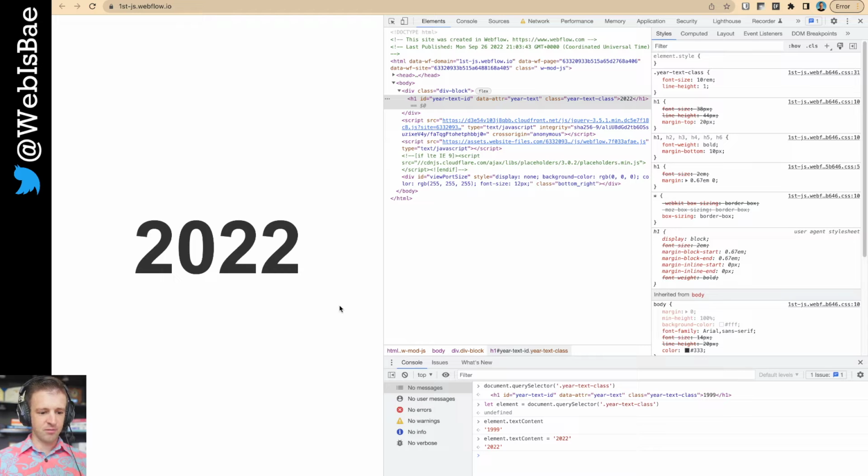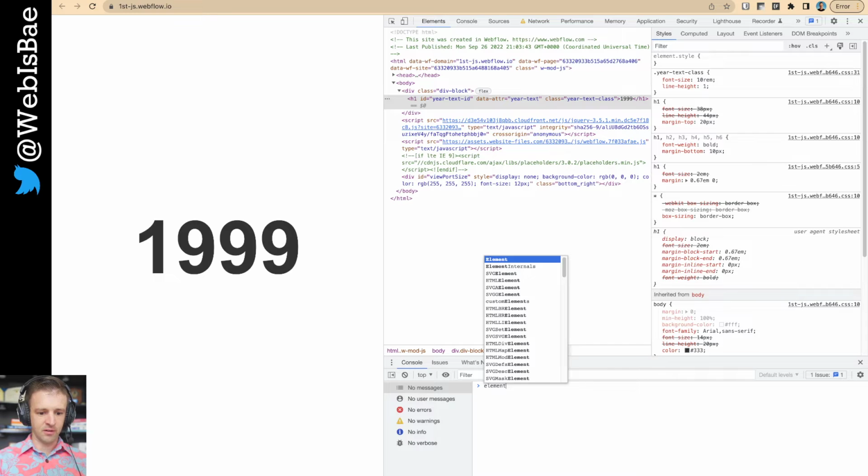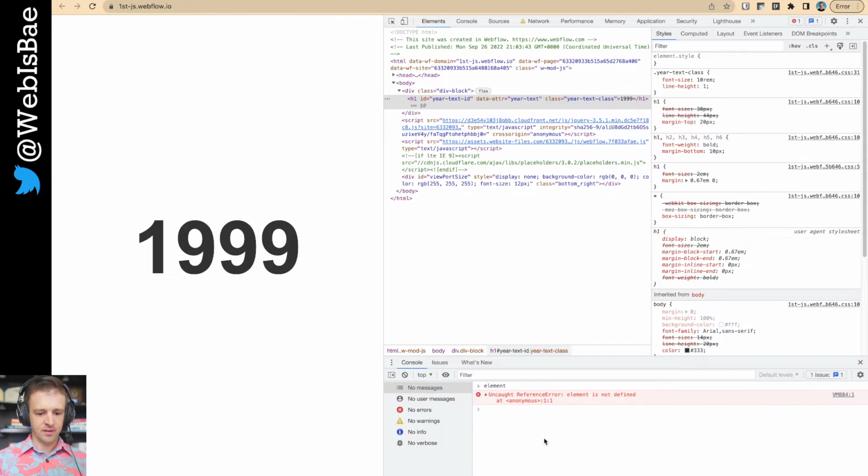Now, if we refresh, we're going to lose it. I refresh the page, element no longer exists. See, element is not found. So I'd have to do all that again. I'm just pressing the up arrow here. So if I say element equals document.querySelector,